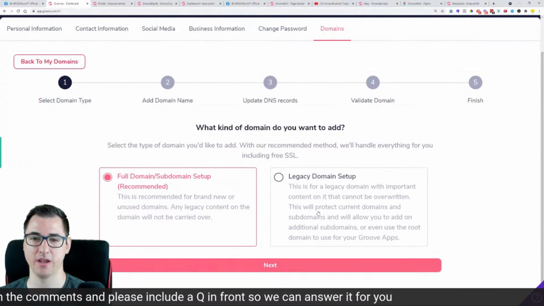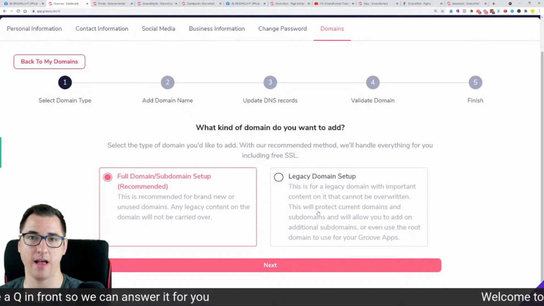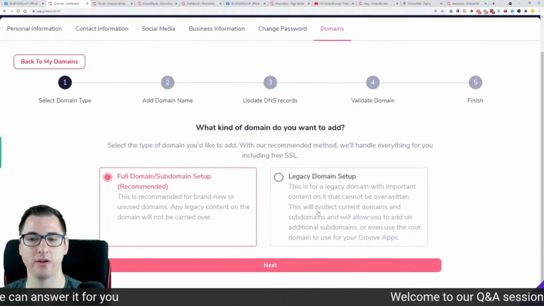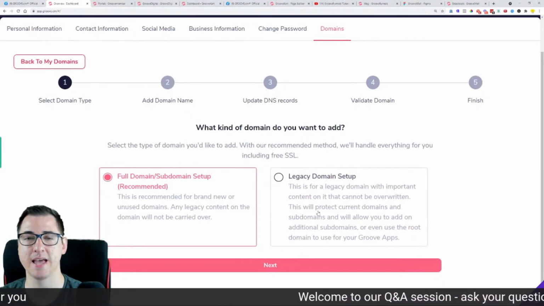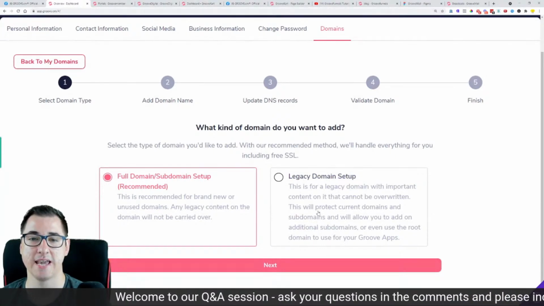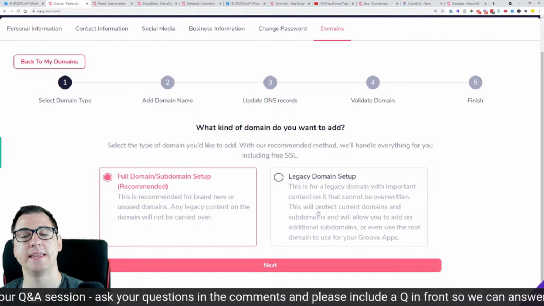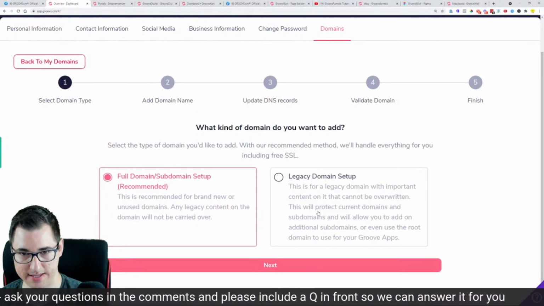And with the new securities that we put in place, we didn't allow root domains. Now we found a way to actually allow root domains and subdomains to be connected to your Groove account, even though they are not hosted and managed by Groove. There is a caveat in this case.